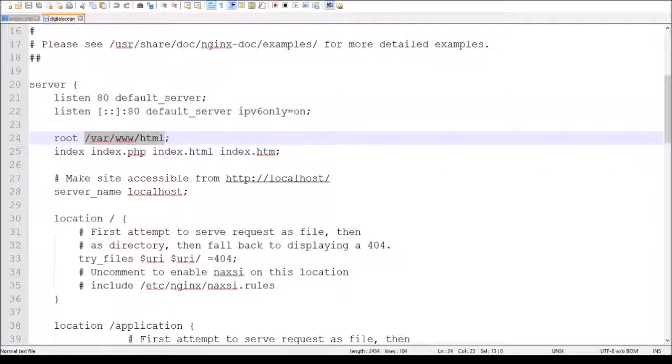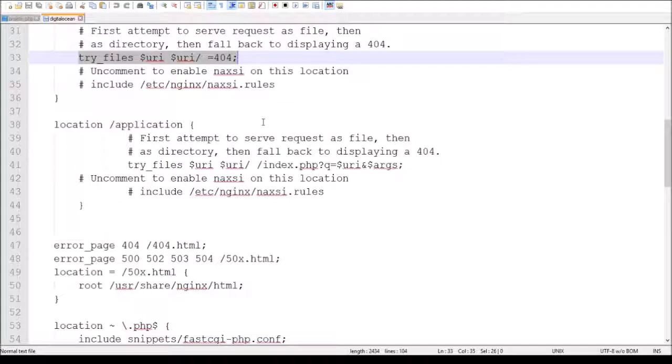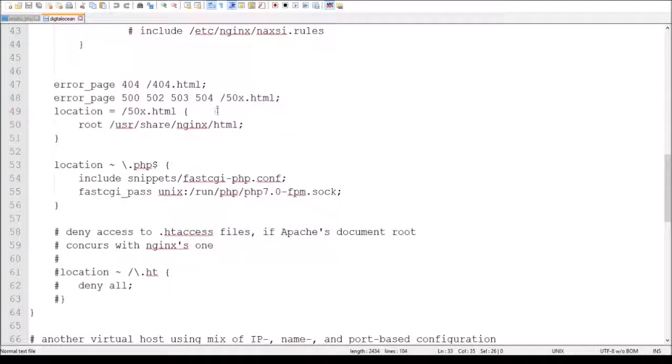So the root is the root of the web server. We look for an index file. Then on the root location, we run the URL, and then this is something I tried but that didn't work. Here is how the PHP files are run.